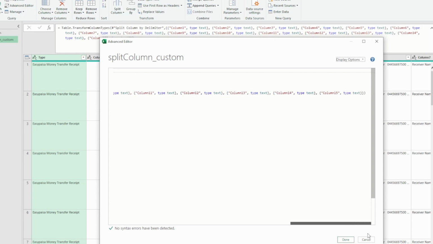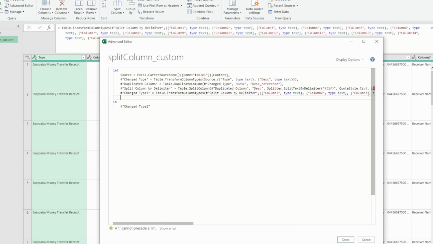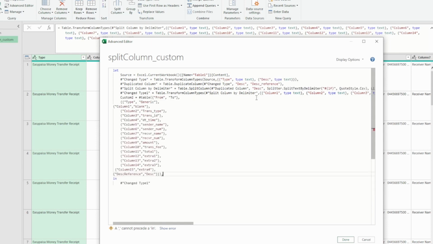We will need to add a comma here because the comma is only missing in the last step. So since this is not our last step anymore, we need to add the comma here. Let's add our step here. Remove this comma. And what this will do is this will generate a table inside of it.